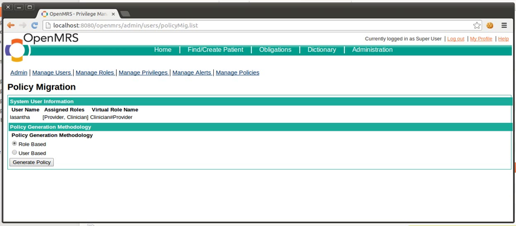The policy generation supports both role based and user based generation methodologies, but we recommend using role based policy generation, because a policy generated with the user based methodology will be very big and it's hard to maintain such policies. But there can be situations where the administration user needs to generate a user based policy. So I'm going to generate a policy based on the role based methodology,